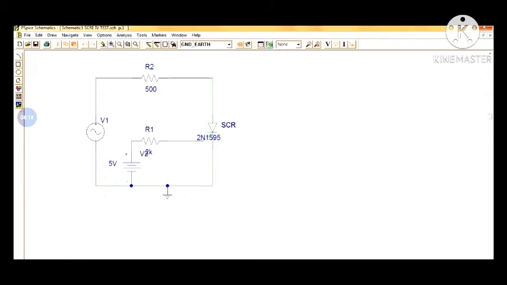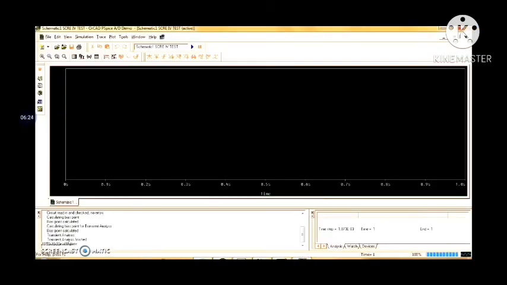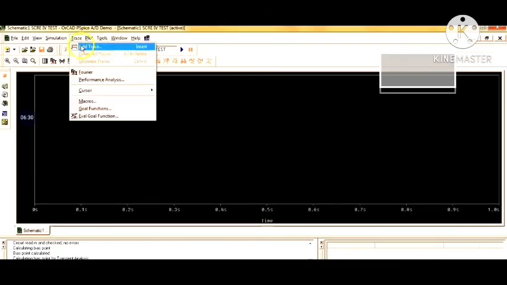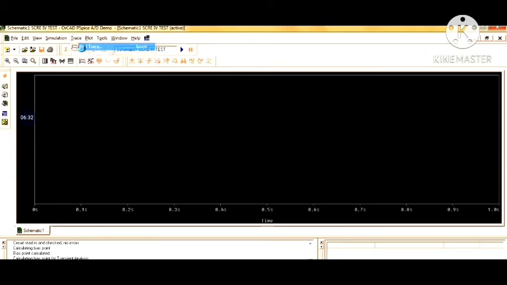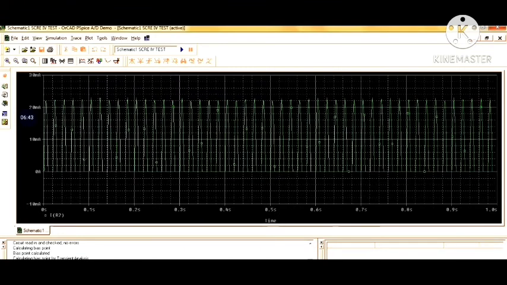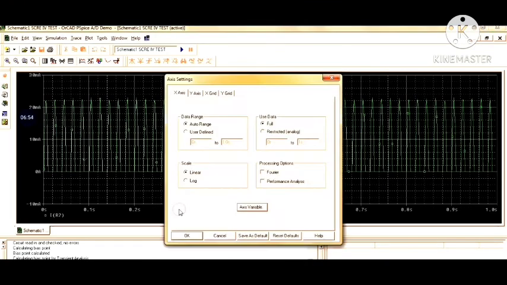It will take a few seconds. This page will appear. As you can see, it is blank now. We have to click trace, add trace. First we will study the current flowing through R2. Just select IR2 and click OK. You will see the waveform. You can see it is a half wave rectified waveform here.